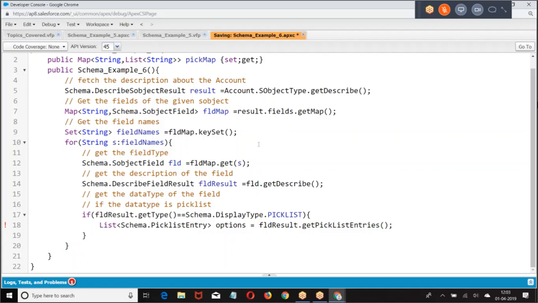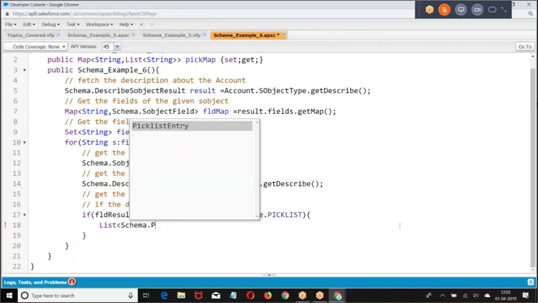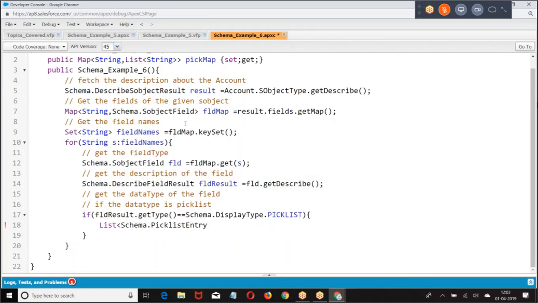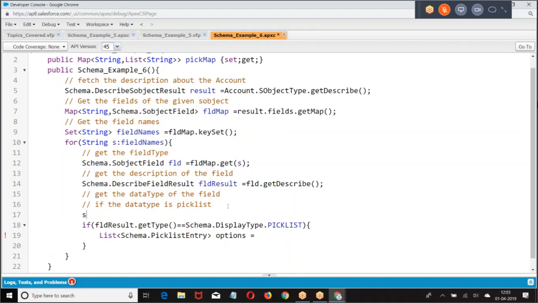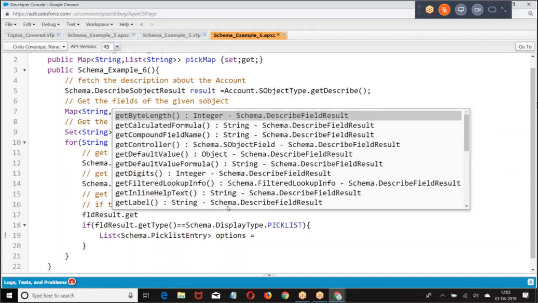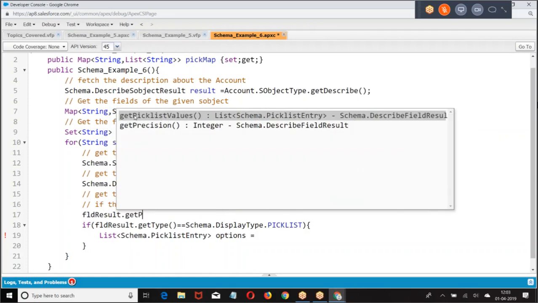Now what I'm doing, if pick list entry options equal to get pick list values.